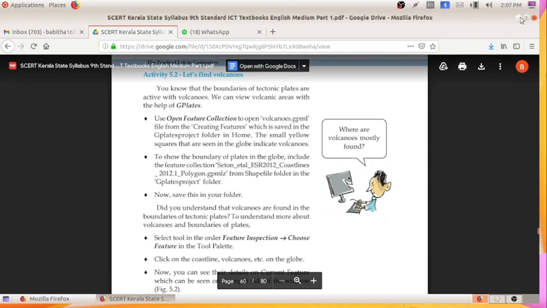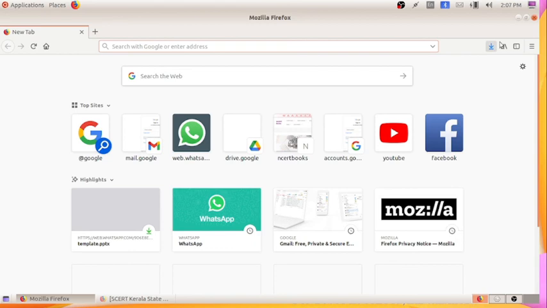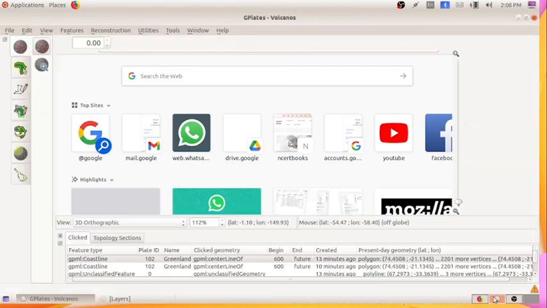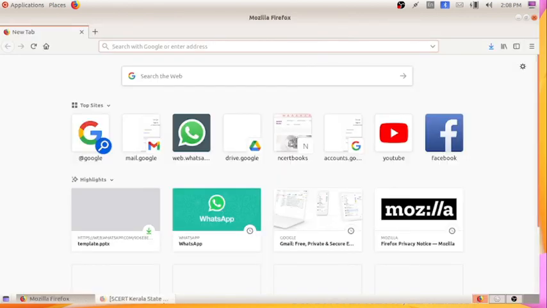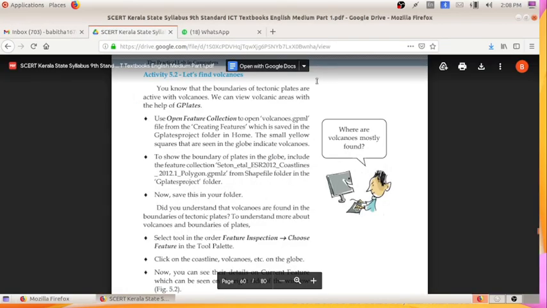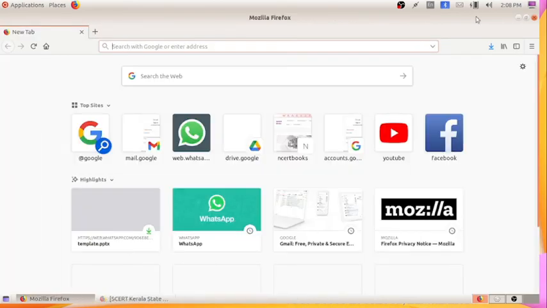Those who have a computer, practice the activity. Just a second, I will be closing this.